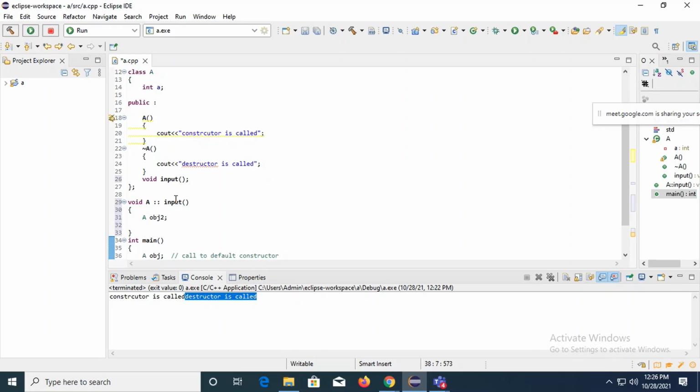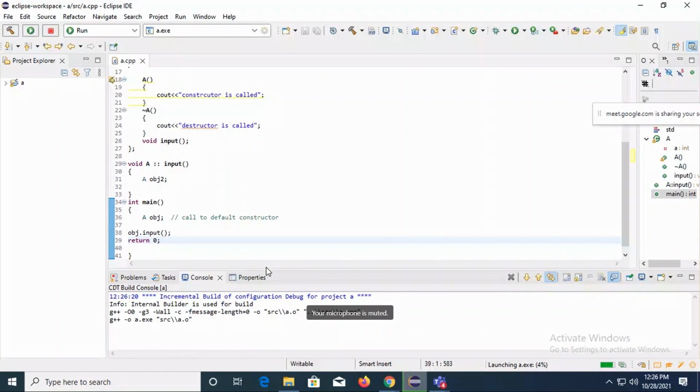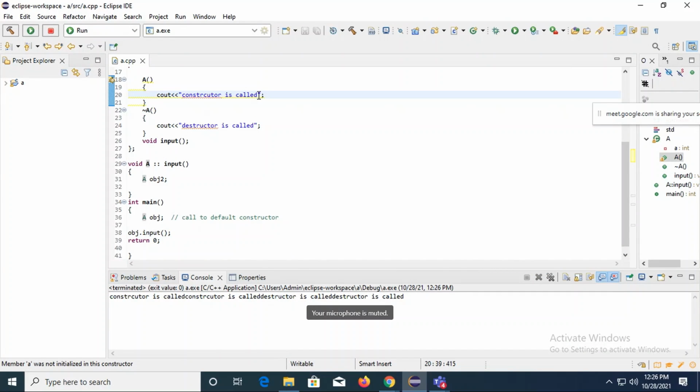Oh sorry, it will be obj dot input. Execute it. So see, for this object, I will just write a new line, so I will just type endl.